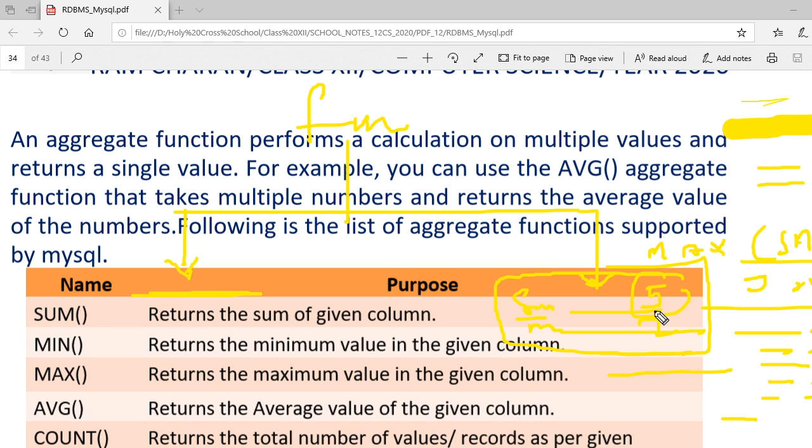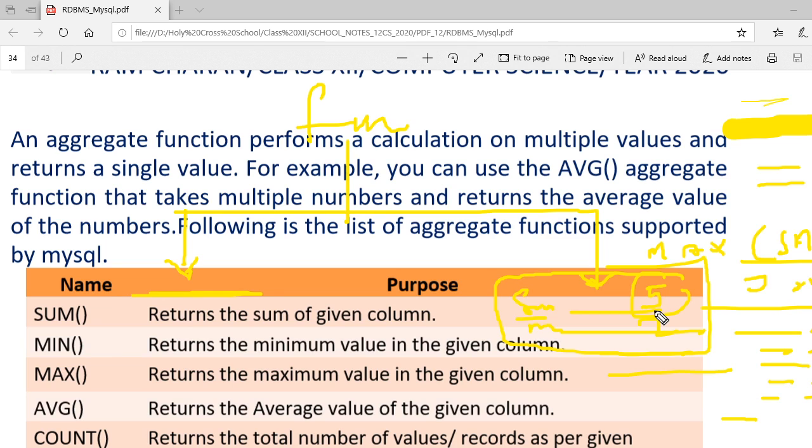Let me finish this one, then we are going to go to that. It can be either a string function, numeric, or date and time. We can use it in select, where, and order by clause, like that. So whatever you have learned till now all comes under this one.